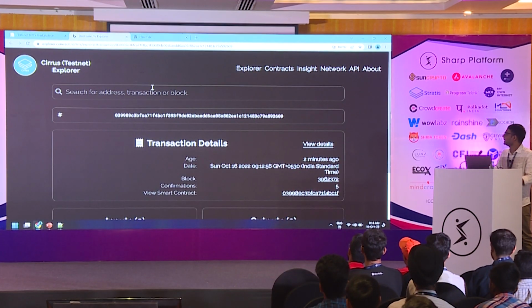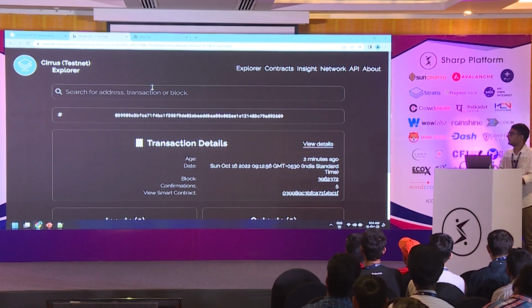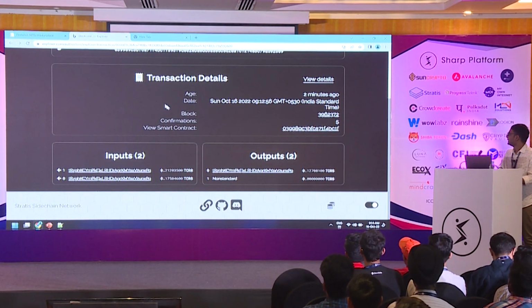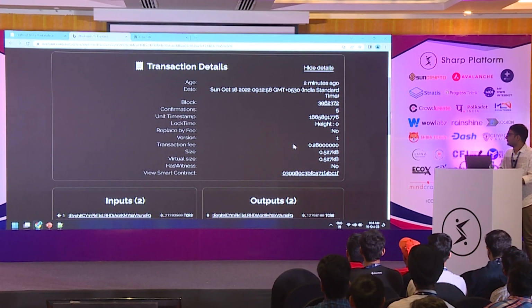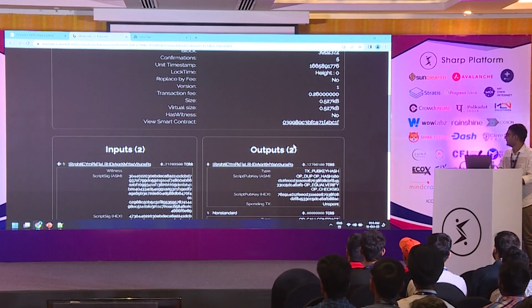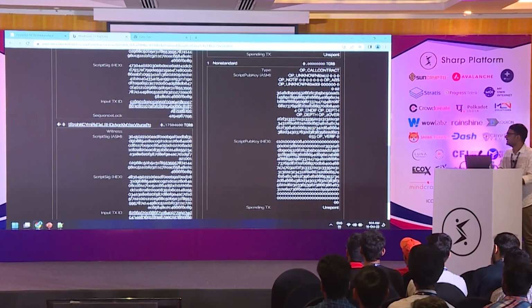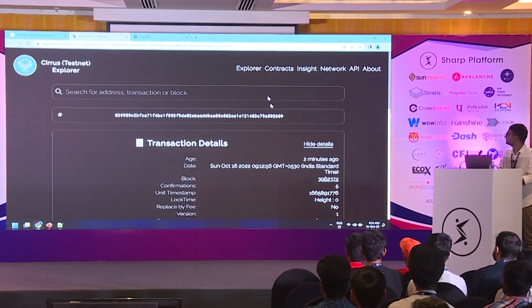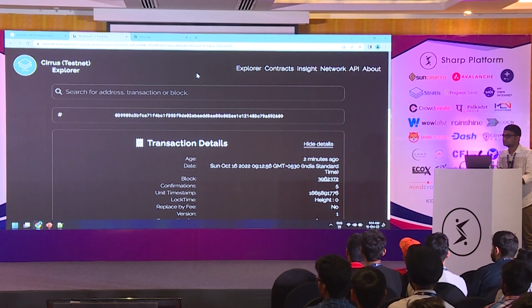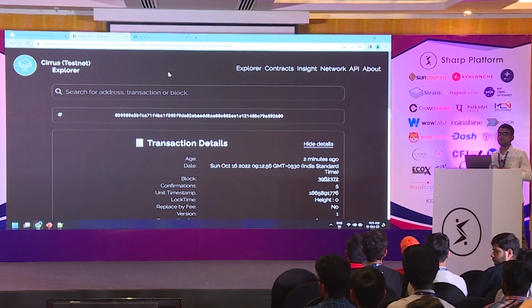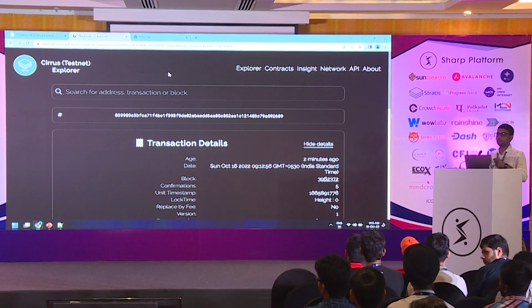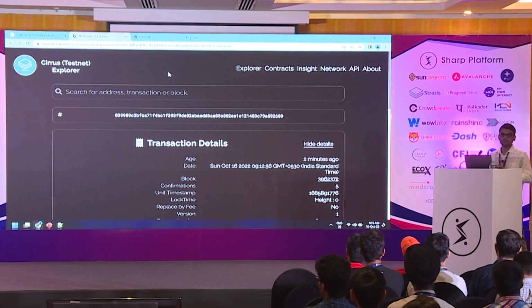So I'm currently using Coin Vault Explorer, where I can see the transaction detail. We can see the block height, the from and to addresses, and all other technical details. When we implement an application, we need to figure out what blockchain we need to use. In our case, we are using Stratis. That's why we are using Stratis Explorer.